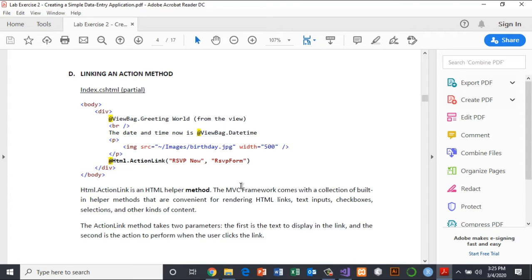We are going to actually create a hyperlink. A hyperlink means that if you click on this link, it will take you somewhere. Within the view, you will notice in this example there is the add sign